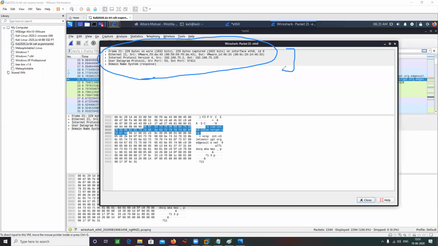What do you see here? Packet information, right? Packet information is correct, but what do we call it?